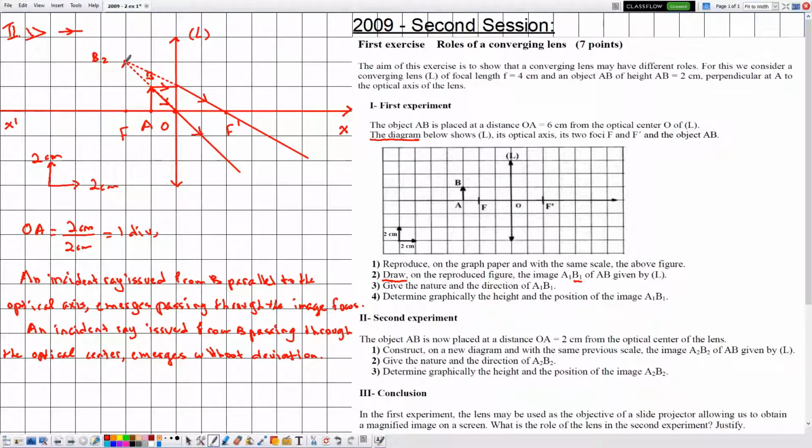Now let's do the justification of the tracing of the image B2. So what does the point B2 represent? Then the image B2 of B is the intersection of the prolongations